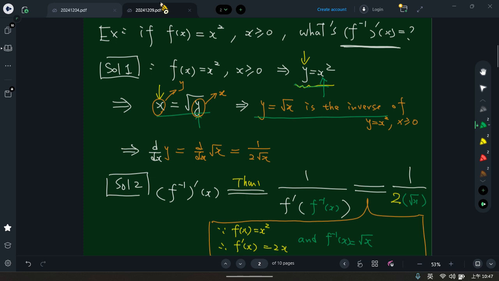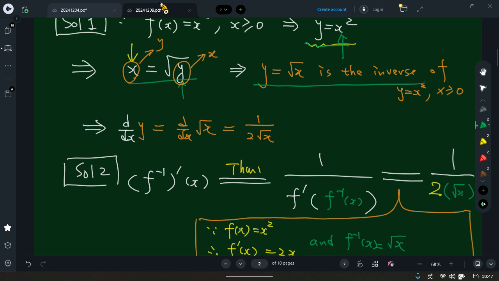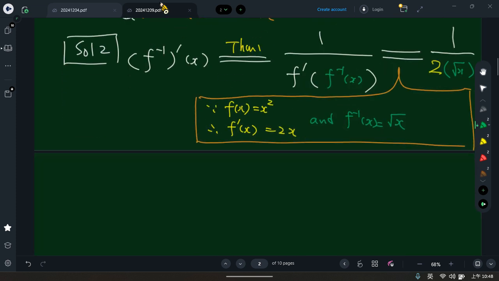And then if it is a one-to-one function, then you can make sure it can have an inverse function. Then we can continue to get its derivative. And for the derivative, you can follow this theorem. Okay? So let me give you an example